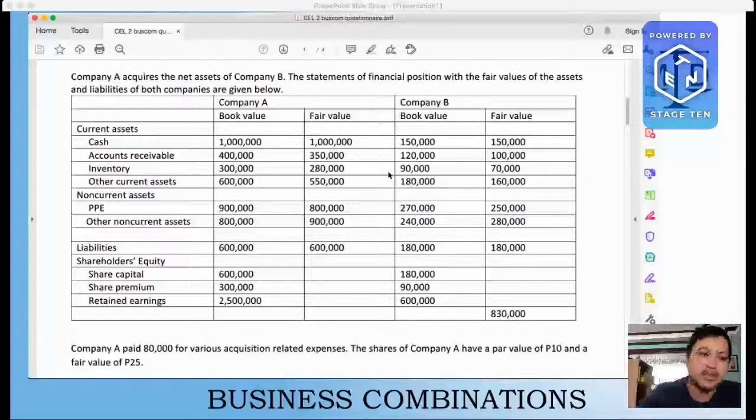In an acquisition of subsidiaries, as we mentioned before, both the acquirer and acquiree continue to exist. So both of them will have their own independent operations and transactions. So they will have their own separate financial statements, income statements, and we would be tasked to prepare the consolidated